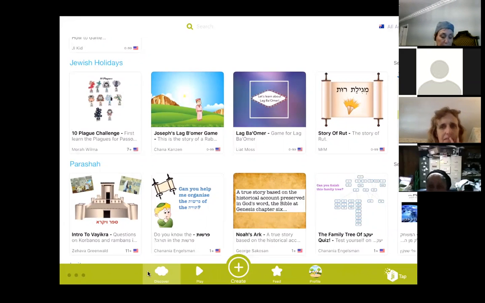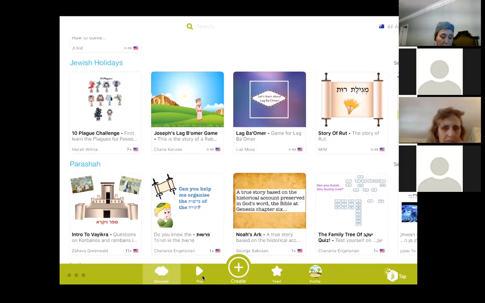Fine. So if you look at the bottom menu, the green menu, you have Discover, Play, Create, Feed, and Profile. A profile is your username because JITAP is a network of Jewish educators. It's like a social network, a Facebook kind of network, where you create your own profile and you can follow different educators and download games of different educators, Jewish educators, and everything in it